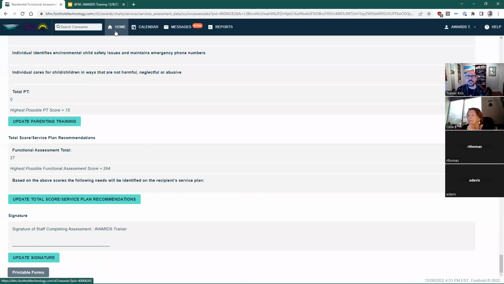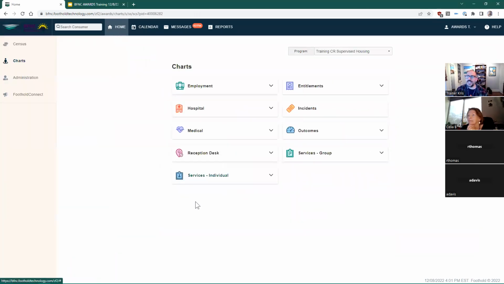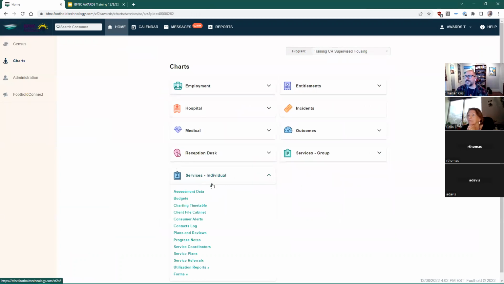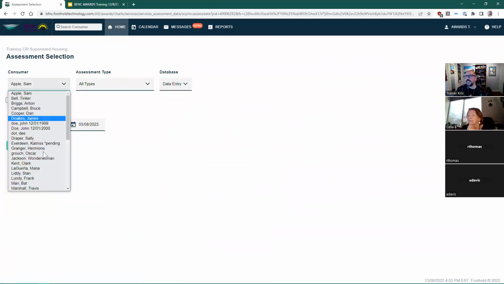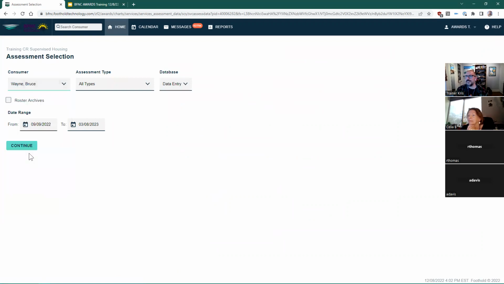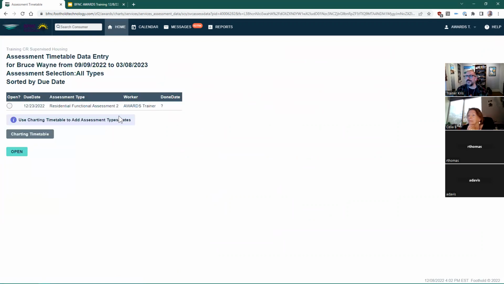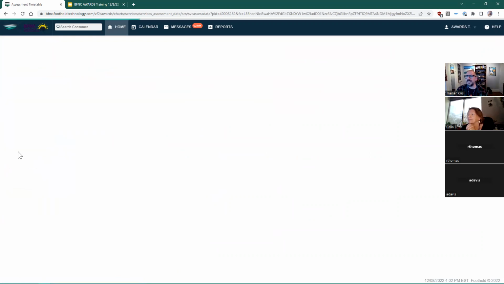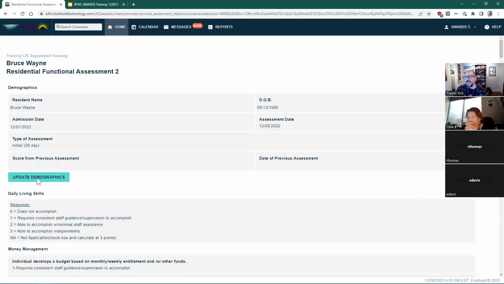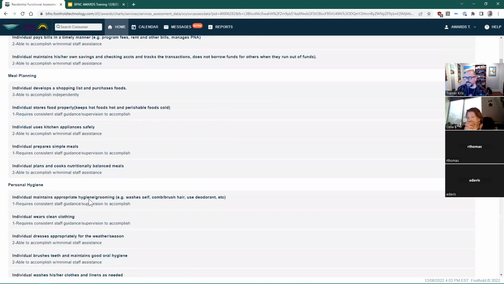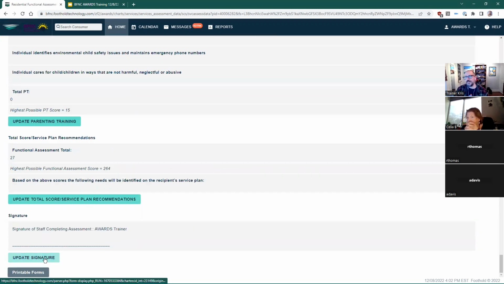Sorry. Let me just quickly go back and show you how to get to assessment data. You go to services individual, click assessment data, choose your person's name, and then click continue. You click this open button and then the second open button, and your form will display. After you fill out all these sections, and there are many sections, you update the signature. Once you have a signature or your name listed here,